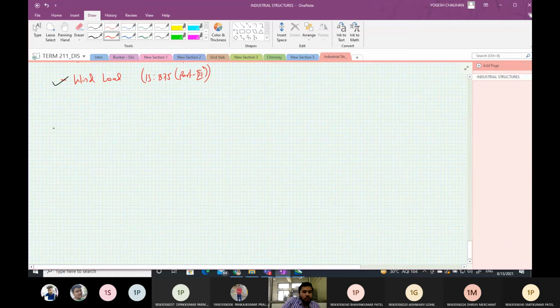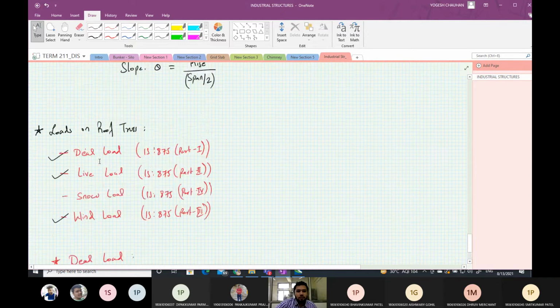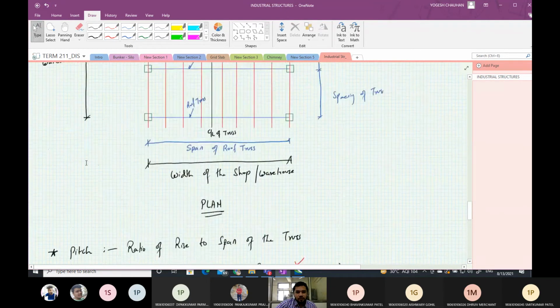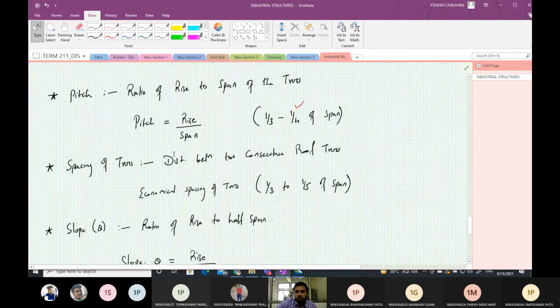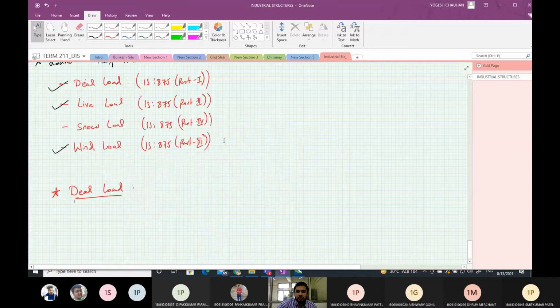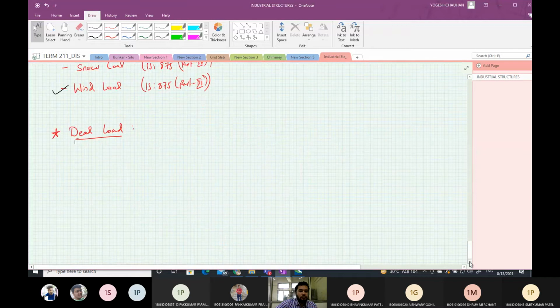So let us see dead load. Now the dead load includes the self-weight of the truss, the self-weight of the purlins, and the self-weight of the roofing material. So this total comprises the dead load on the roof truss.